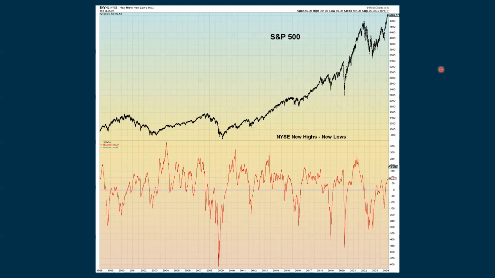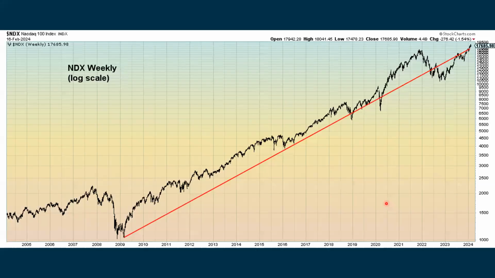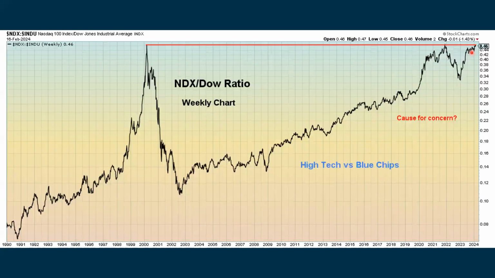And then we're looking at the new highs minus the new lows on the NYSE and then comparing it to the S&P. When we're above zero and advancing, that's also suggesting things are positive. And then we look at just the S&P, the 50-period exponential moving average. This is also continuing to go up, and that is positive as well. And then we have the NASDAQ 100 weekly chart going back to 2009. We are still above this. Now, if we really start to kick into gear and head lower, we're going to be watching these trend lines. This is the other chart that the perma bears like to point out. And they could be right, but we've been listening to their warnings for decades now